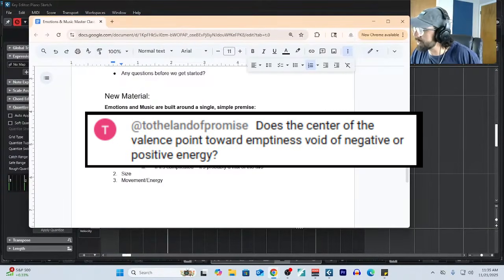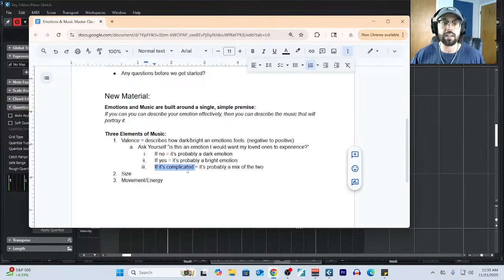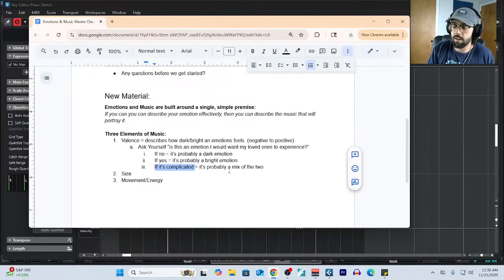Does the center of the valence point toward emptiness, void of negative or positive energy? No, the center points towards complicated, like neutral ground. If you think about the CMA as 4 points on a compass, to the west you have very dark emotions, nice and minor. Minor colors are very useful. On the opposite end, you have very bright sounds. Like I said, A major